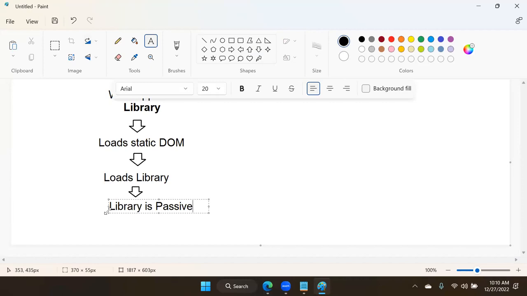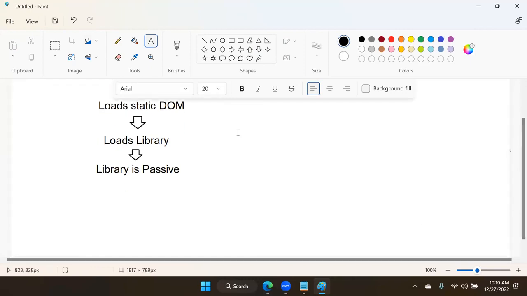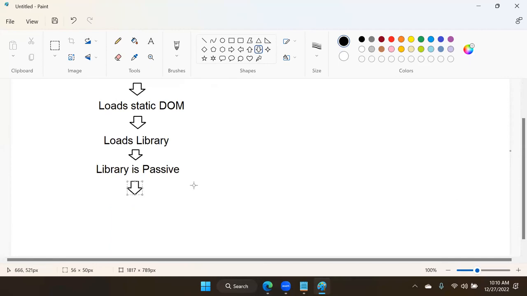Library is loaded, but it is not active. If the library is active, then only it starts working. Application starts responding only when the library is active. To make the library active,